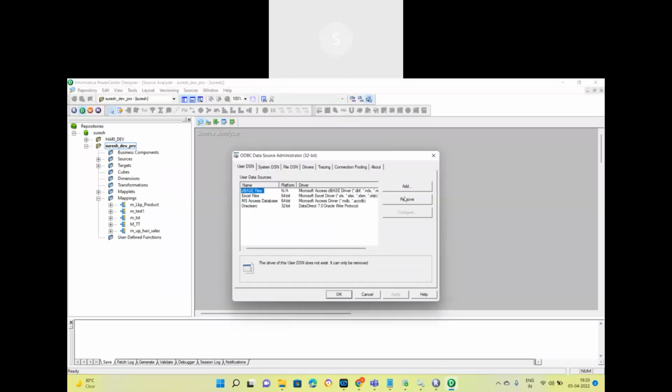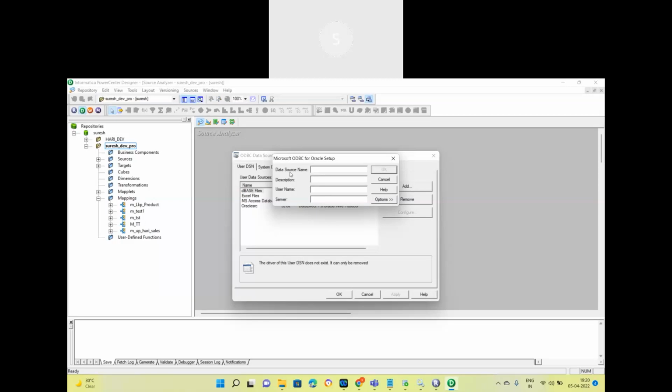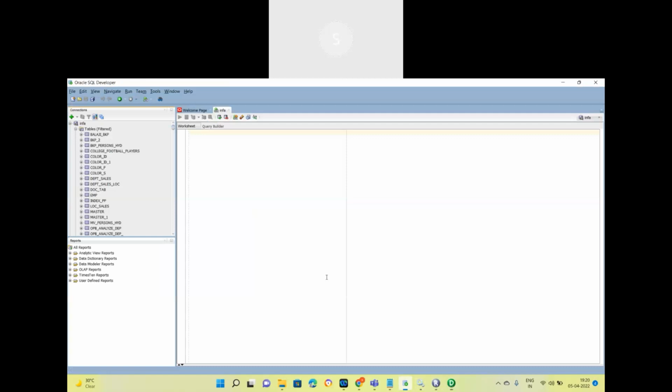I'm adding, then selecting ODBC for Oracle. Okay, then I'm going to give the data source name. So my data source name will be